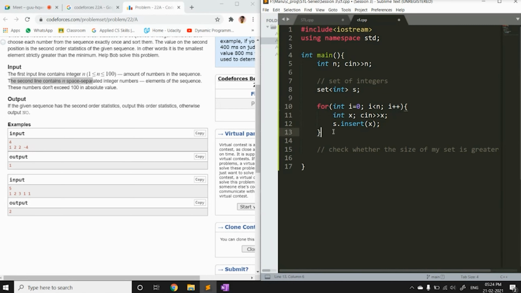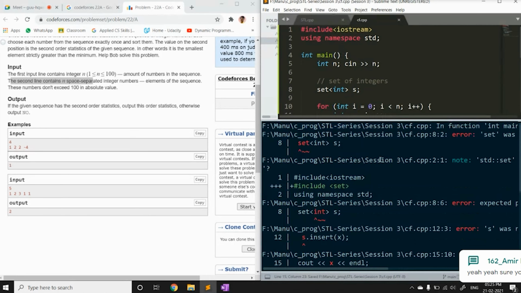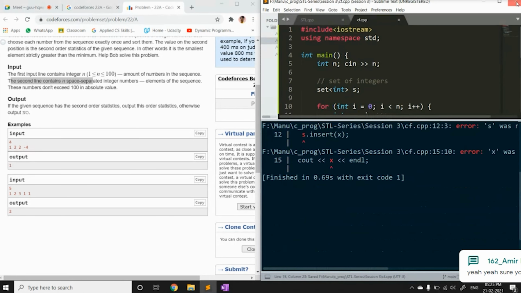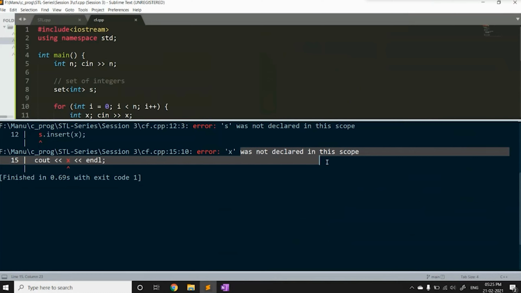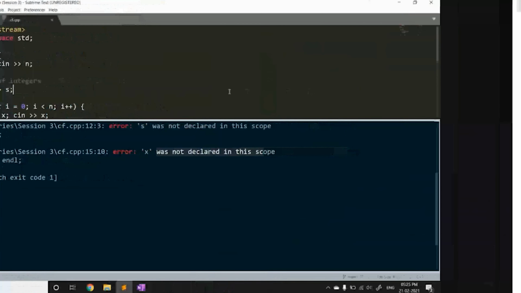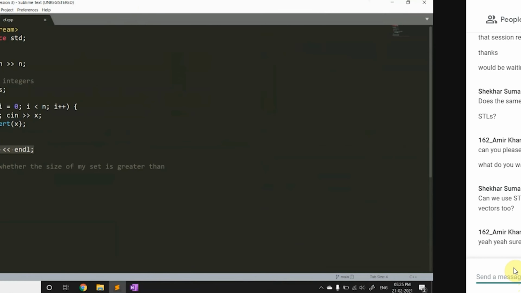If I try to access this variable outside, it will throw me an error. It says x was not declared in this scope. So I hope that cleared your doubt.